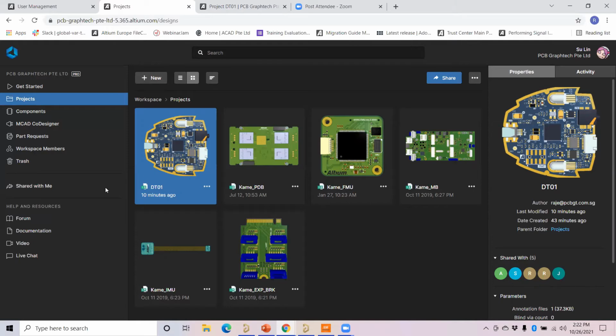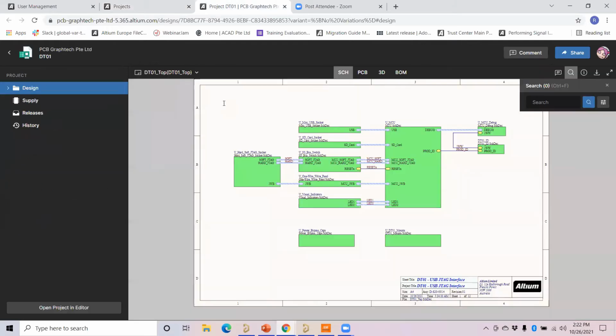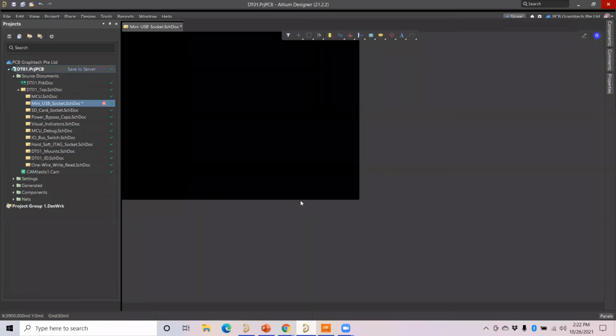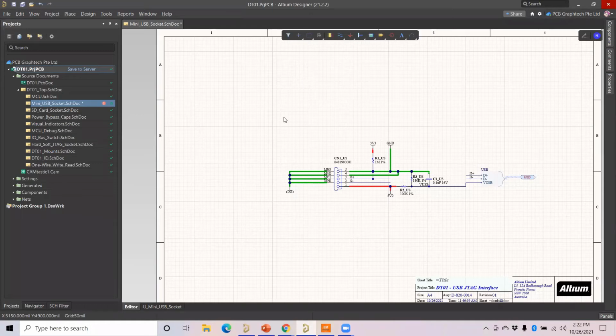So they can open this project in the editor, and then they can make changes. Now my colleague has opened it here inside another version. Please don't try to open different users on the same PC. Here I just opened it, but you can use it on a different PC. So my colleague here has opened this project to edit it.